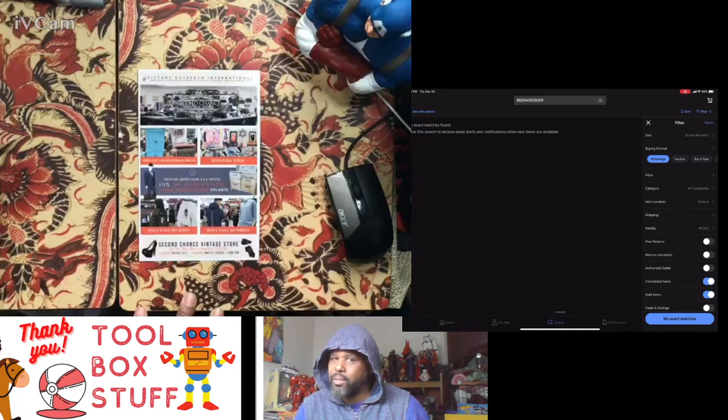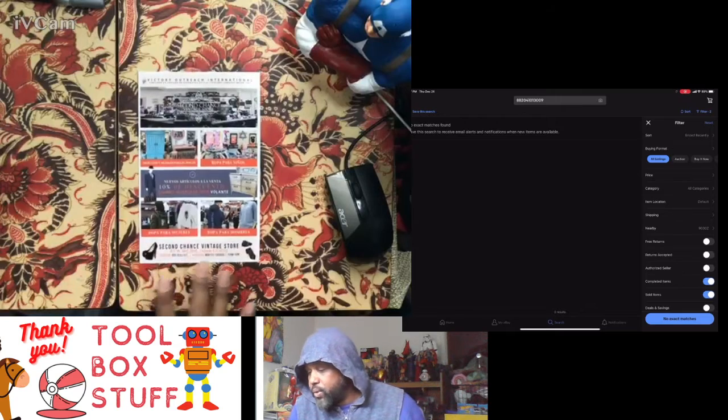They were kind of expensive, but kind of worth it because I got 5 Cabbage Patch Kids sitting over there, and their clothes are janky. I'm not into dolls, but I just feel in my heart that if they had decent clothes, they would sell. Okay. Anyway, so Second Chance Vintage Store,